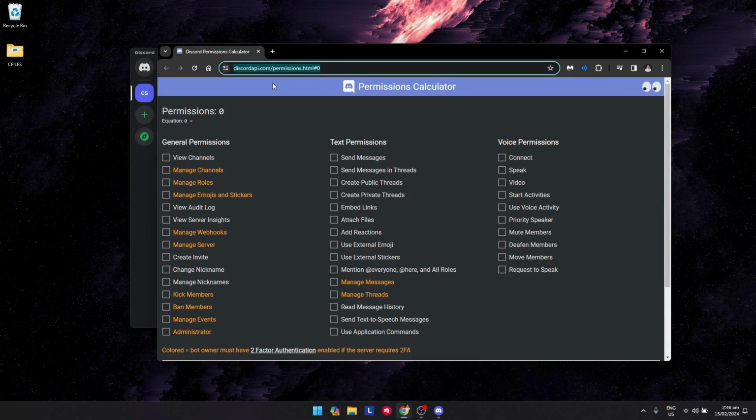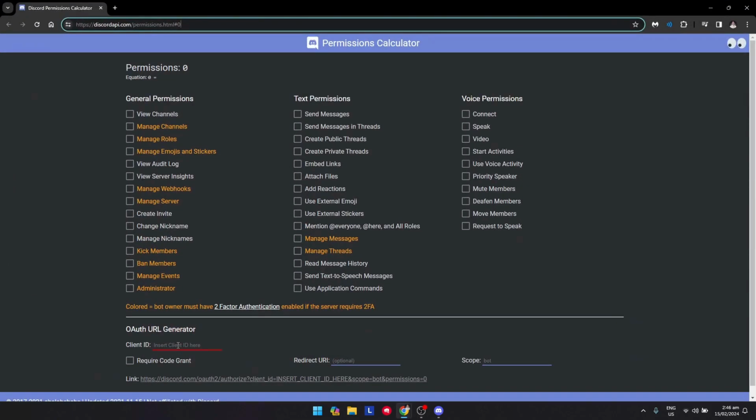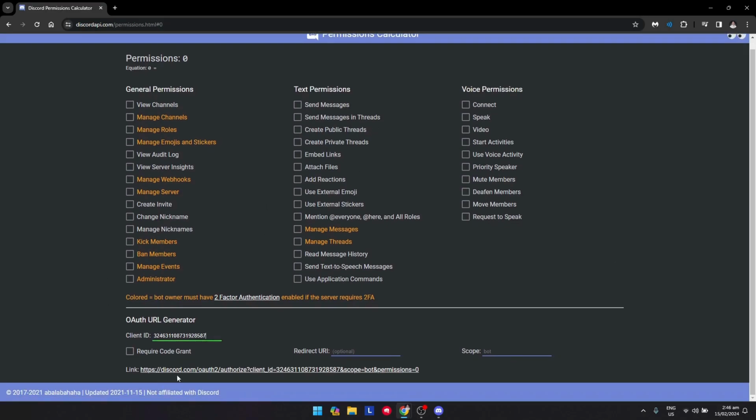discordapi.com. So just go to this website, and once you're here, you can now copy the ID that you copied from Discord, and paste it here. Once you're done with that, you can go around and mess with the permissions here. And after that, click this link